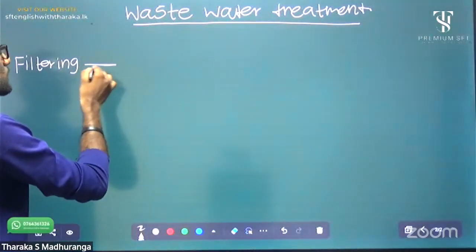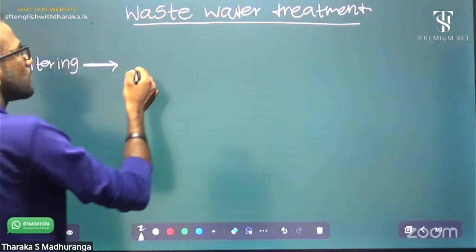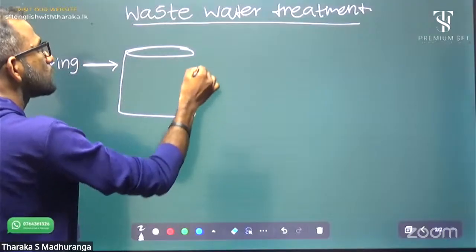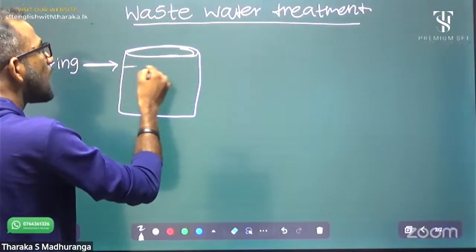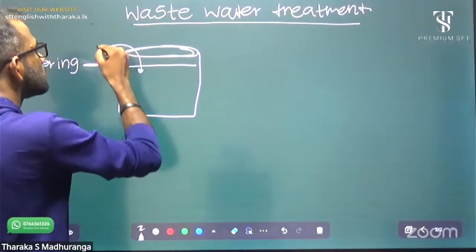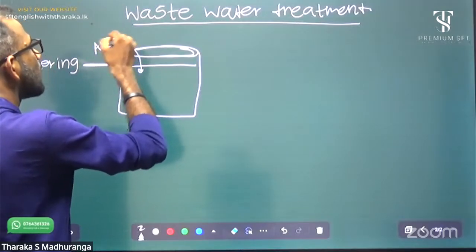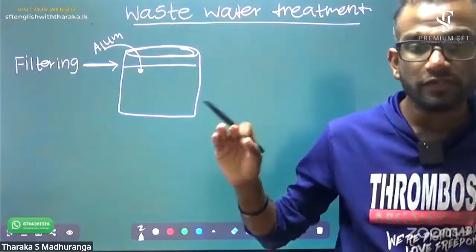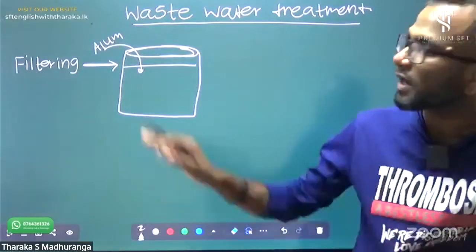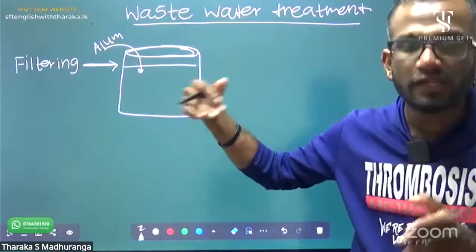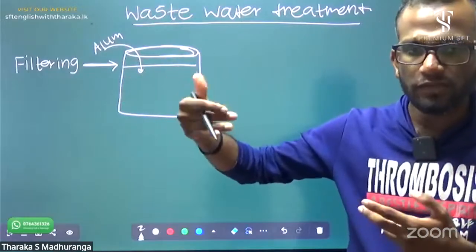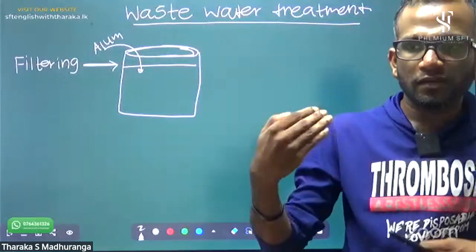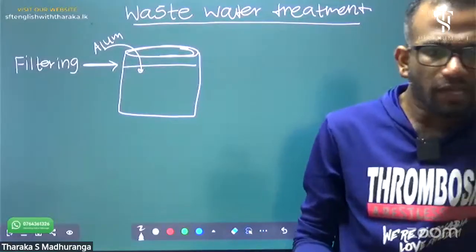This filtered water is put into a precipitation tank, a large tank, and we add alum and keep it at rest for 24 hours. Okay, what happened? What's the purpose? That's a primary treatment. First filtering and screening, using different types of screeners, sometimes rotating screeners and drum screeners, different types, right?